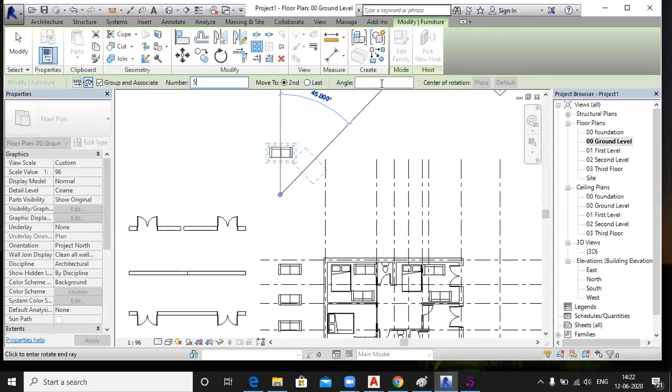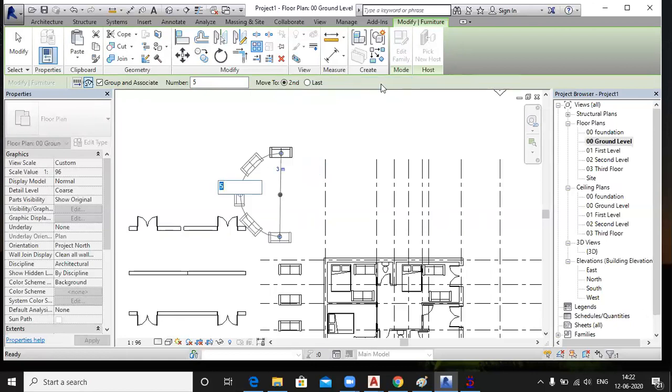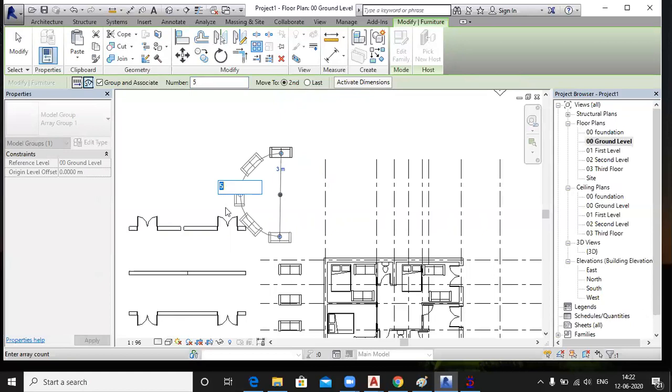Specify here that the angle between is 45, then press enter. So all the 5 elements will be created radially. If you want to change the number, you can change it from here.